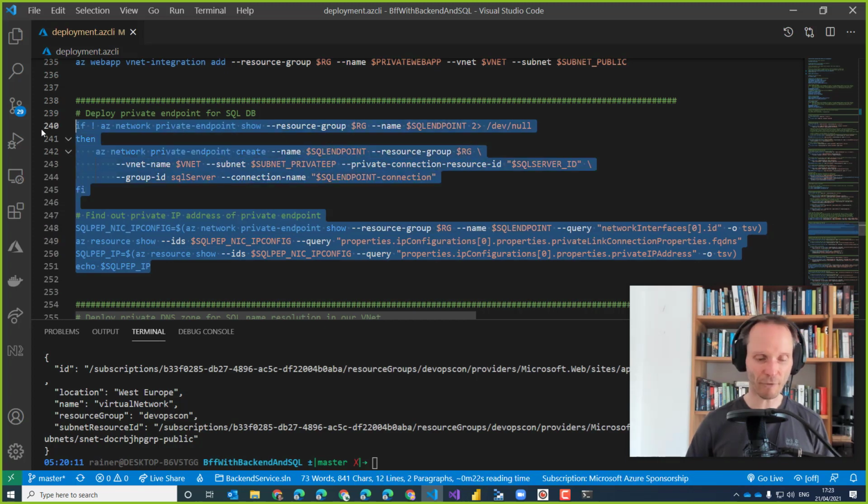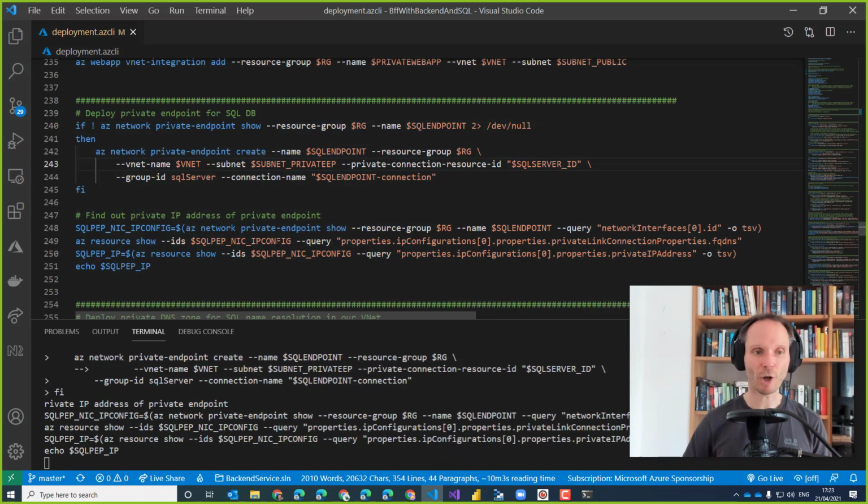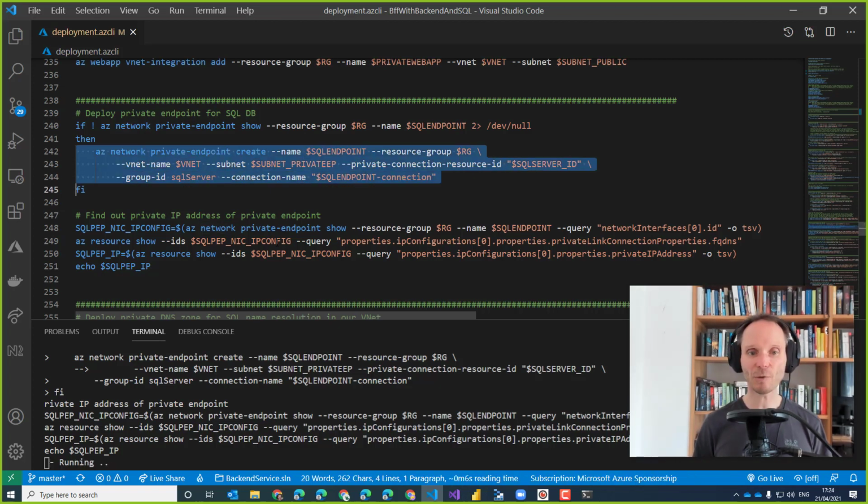Let's create the first one, this one. Again, let's do the code walkthrough while it is running. This one creates a private endpoint for our SQL database. So we are essentially creating a local IP address inside of our VNet, and this local IP address will point in the backend to the SQL database PaaS service that belongs to me and that stores my precious data. So it gives me a private IP address inside of my VNet.